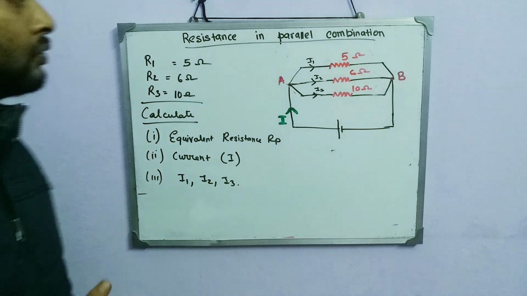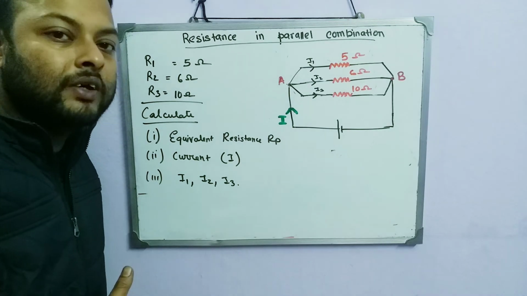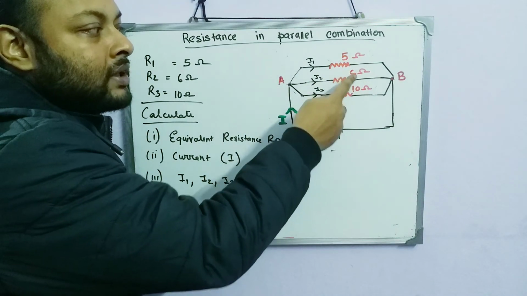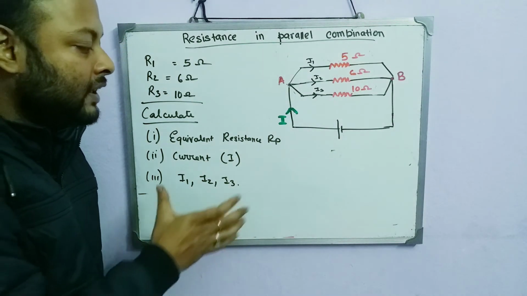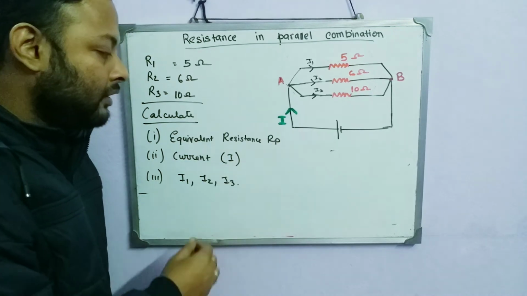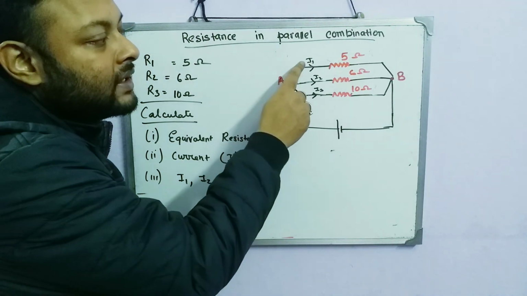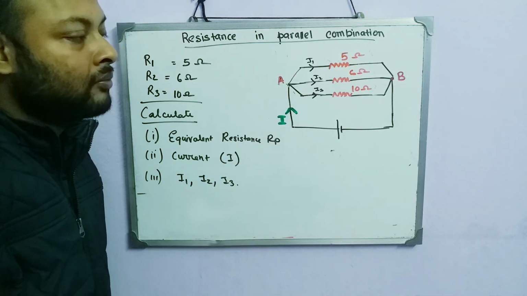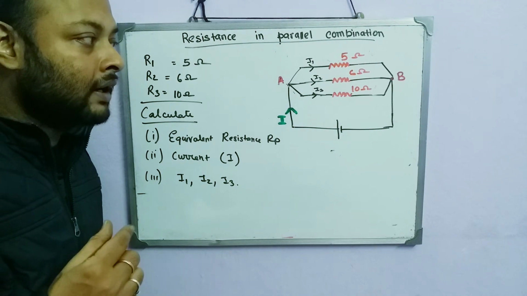Now this is a small question I have given to you. Same question, same sum which I have solved previously. I have just changed the numbers. R1 is 5 ohm, R2 is 6 ohm, and R3 is 10 ohm. So you need to find the equivalent resistance RP, then calculate this current I and the individual currents in each branch, I1, I2 and I3. So do this sum for your homework,